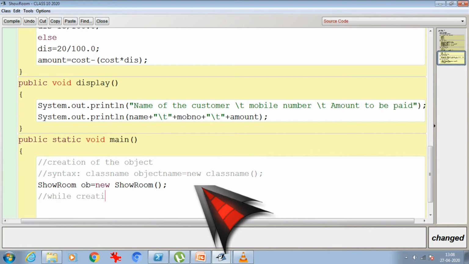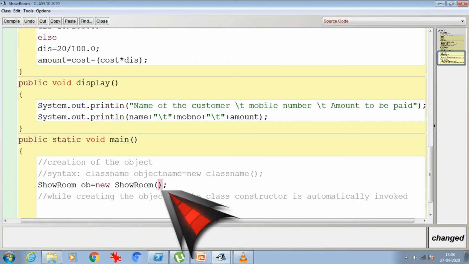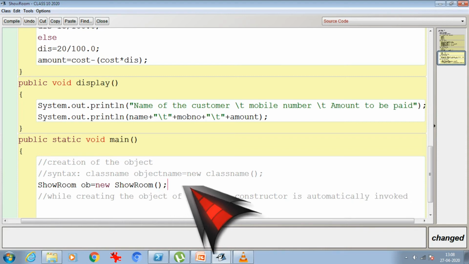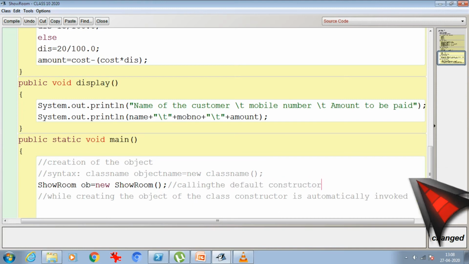While creating the object of the class, the constructor is automatically invoked. As there is no value passed over here, it means we are calling the default constructor.